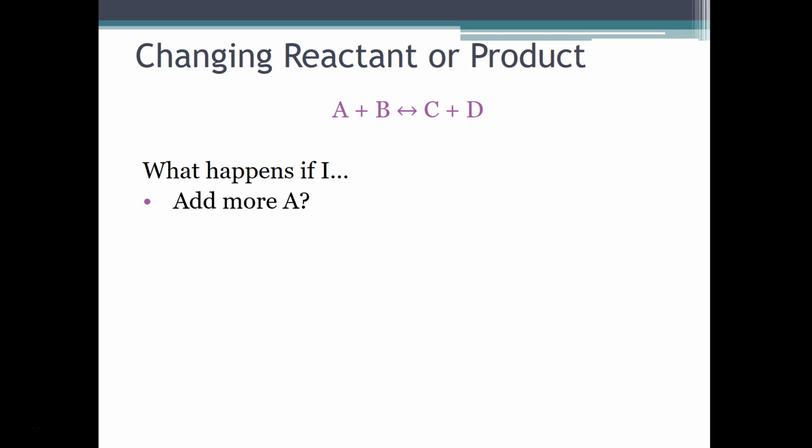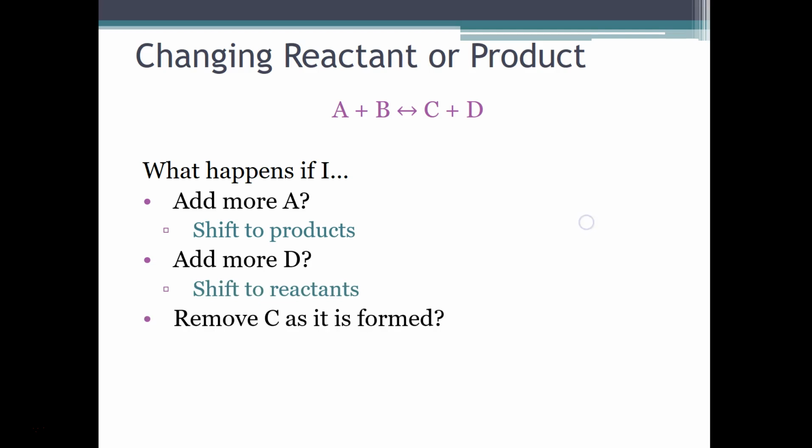I like to think about it like a tube of toothpaste. If we squeeze on the A-B side of the tube of toothpaste, then more toothpaste is going to come out, which would be products on the C and D side. I know it's a little bit weird, but it helps. So adding more A will shift the equilibrium toward products. If we add more D, the opposite will happen, and will shift the reaction toward reactants. If we remove C as it is formed,